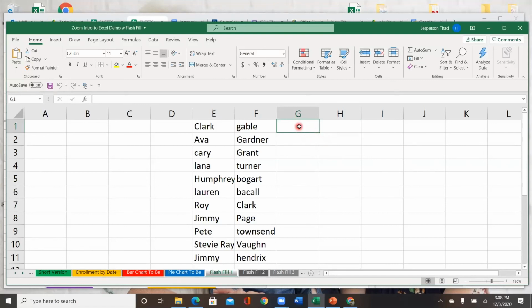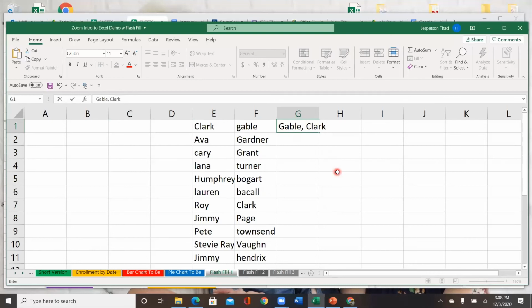All right, so let's go ahead and start. So I'm going to say G-A-B-L-E, and then I'm going to do the comma, and then I'm going to do a space. We're not doing a formula. You can see right up there, we're just typing this out. And yes, I did make Gable a proper name by capitalizing it, but machine learning is pretty sharp. So down there we see Turner, McCall, who else? Townsend. We'll see if machine learning can pick up on that. And then Clark,